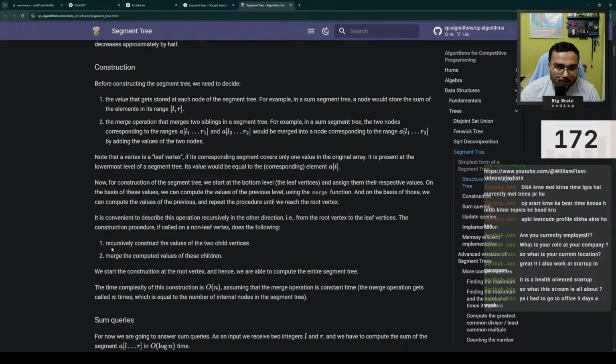Makes sense. Now for construction of the segment tree, we start at the bottom level, the leaf vertices, and assign them their respective values. On the basis of these values, we can compute the values of the previous level using the merge function. And on the basis of those, we can compute the values of the previous level and repeat the procedure until we